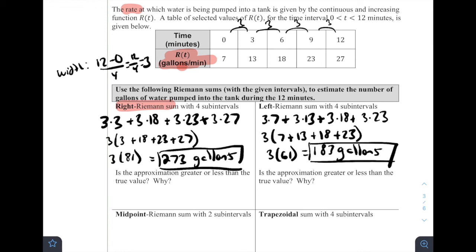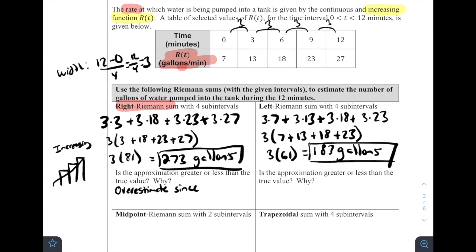Well, in this case, remember that if we're talking about Riemann sums and we're talking about approximations being greater or less than, we care whether the function is increasing or decreasing. They told us here that the function is actually increasing. And if I ever forget, what I'll do is I'll just draw a little increasing function. And if I draw my right Riemann sums, I can remember that my right Riemann sums are above. So I would say in this case it is an overestimate